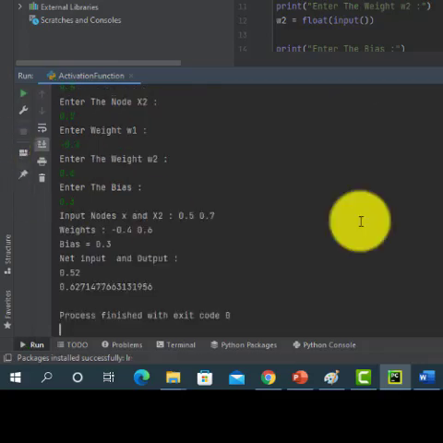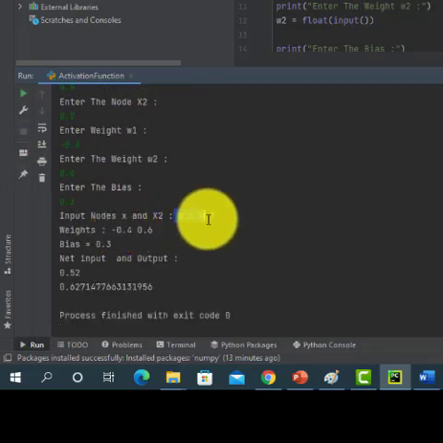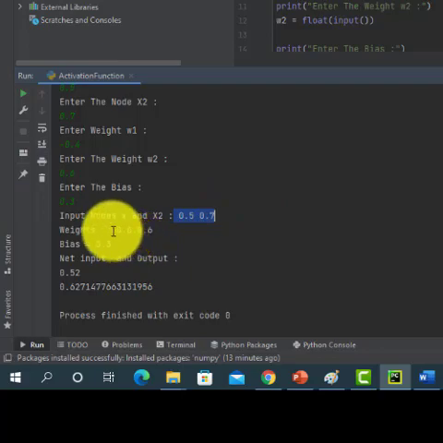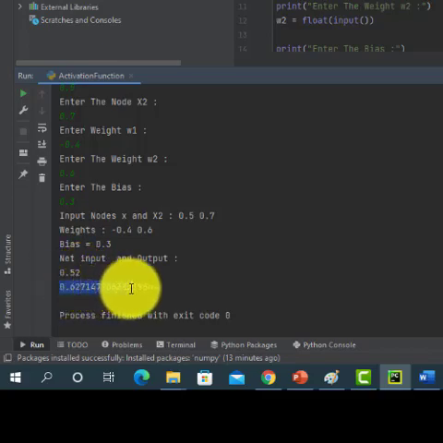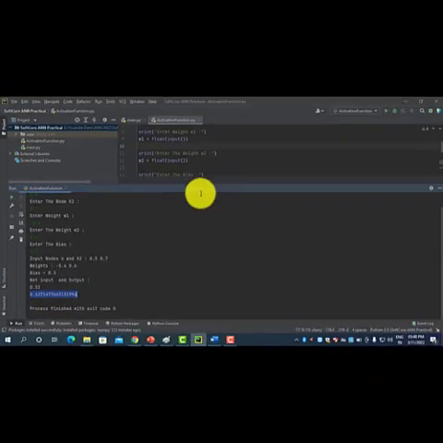As you can see here, the inputs are 0.5 and 0.7, weights minus 0.4 and 0.6, bias 0.3. The net input is 0.52. Now substitute this in the binary sigmoidal activation function, e raised to minus 0.52. You will get the answer as 0.627. We can also round off the value; it is also possible in Python to round off the value.